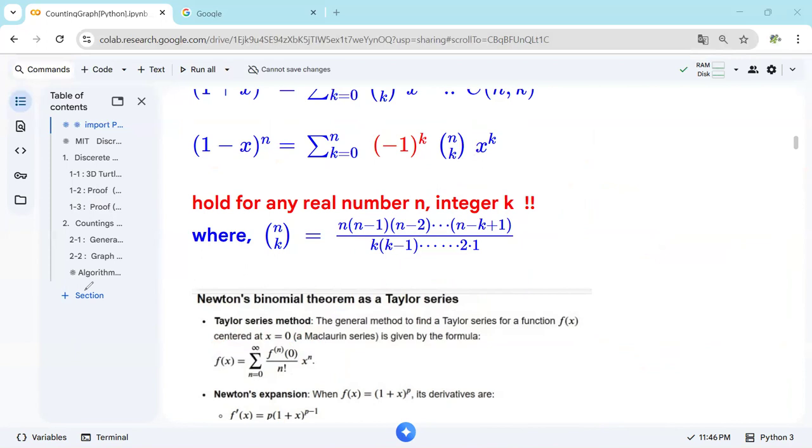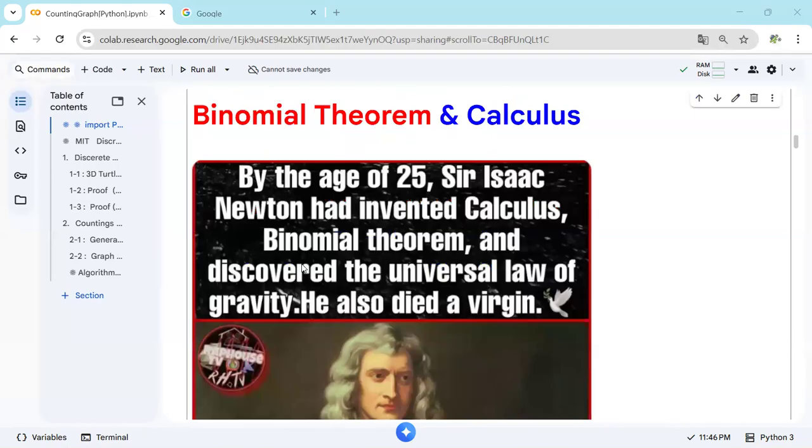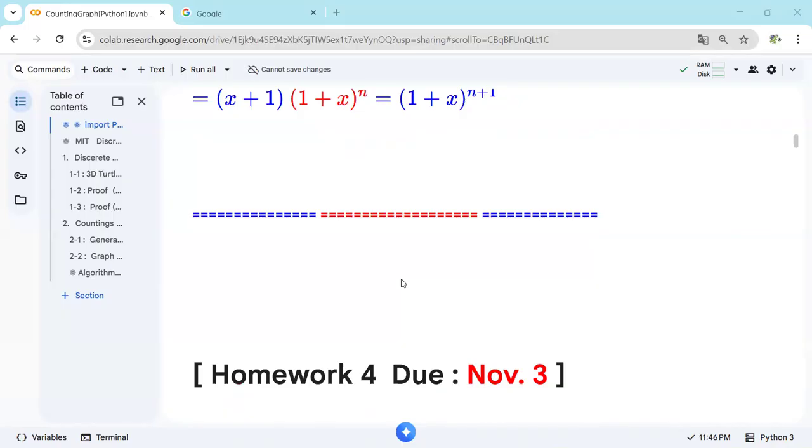Okay? So it's interesting. This kind of relationship is very important in the history of mathematics, and that's the reason why the binomial theorem and generalized binomial theorem are among the most important facts in discrete mathematics. Okay,